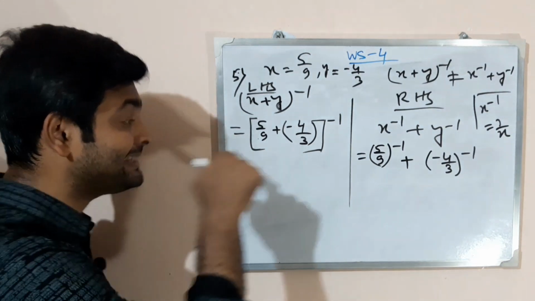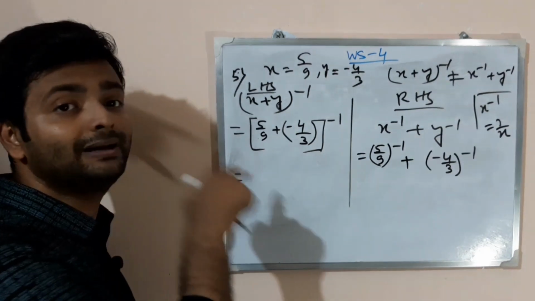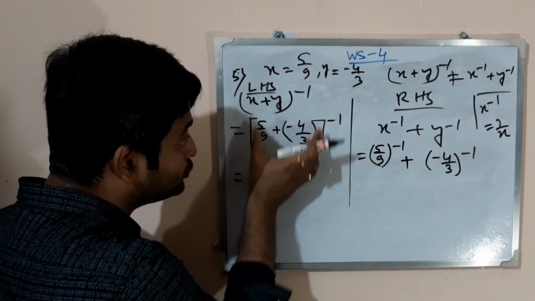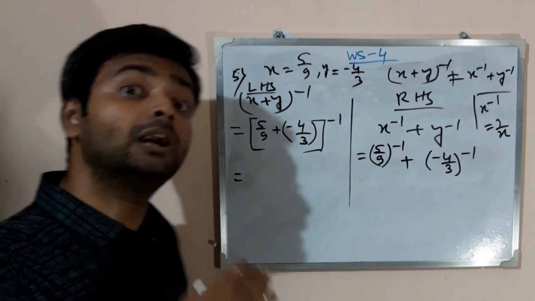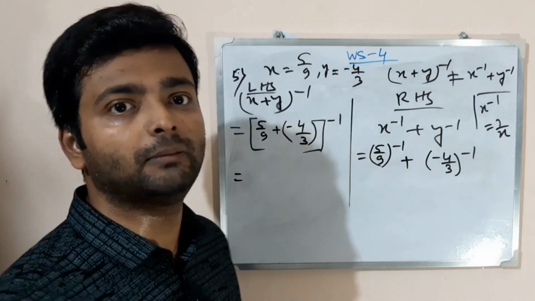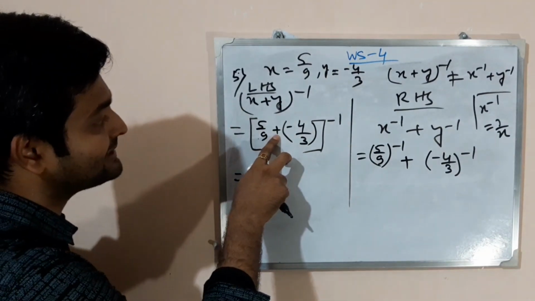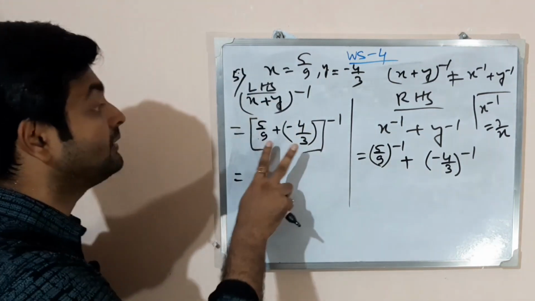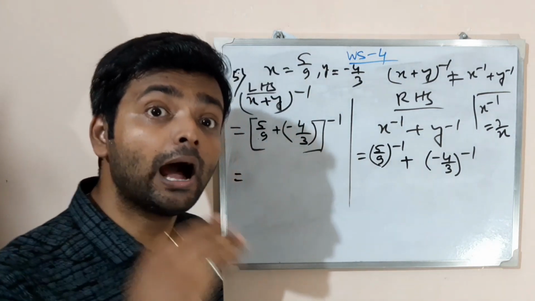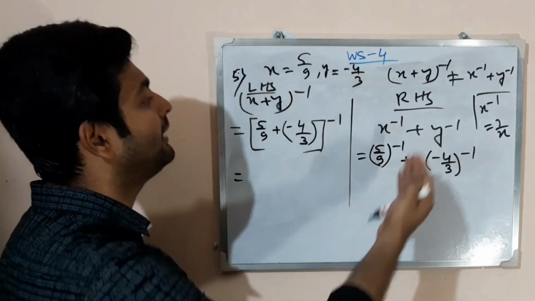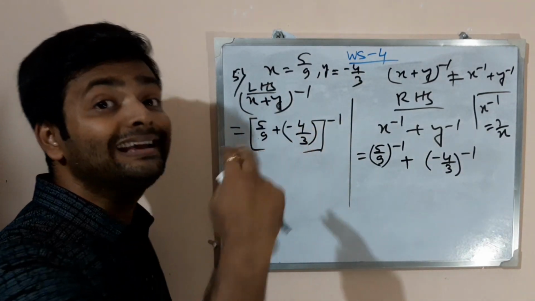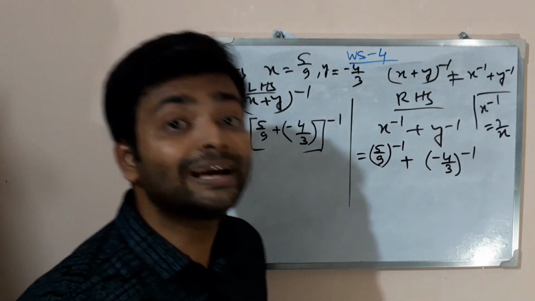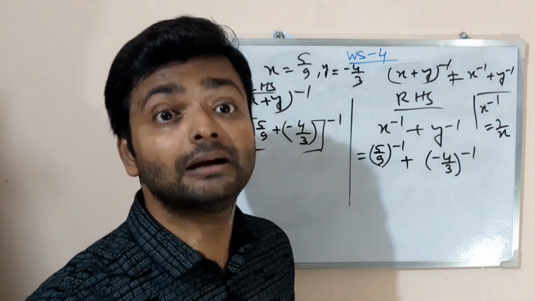No. This is the part where many of the students made mistakes. Be careful. First I have to calculate these two rational numbers, then convert them into a single rational number, because there is a plus sign in between, which means there are two rational numbers. So first convert them into a single rational number, after that only you can get the reciprocal of a number, because for two numbers together you cannot get the reciprocal.